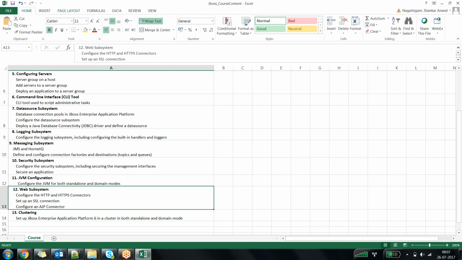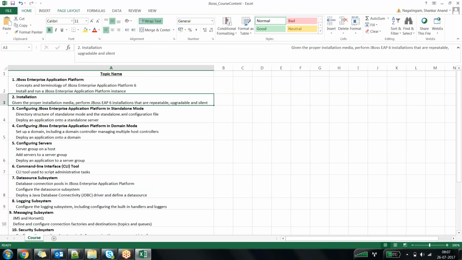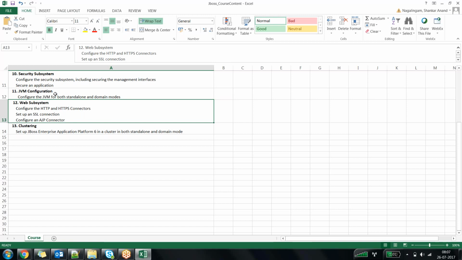As part of a three-tier implementation, whatever request comes to the application server gets routed to the application server using a web server. So how do I configure a web server in the JBoss application server? What is SSL, etc.? I'll try to talk about that over here. Once I'm done talking about the web subsystem, I'll come to the last slide of my presentation, which is related to performance tuning, concentrating on JVM performance tuning.